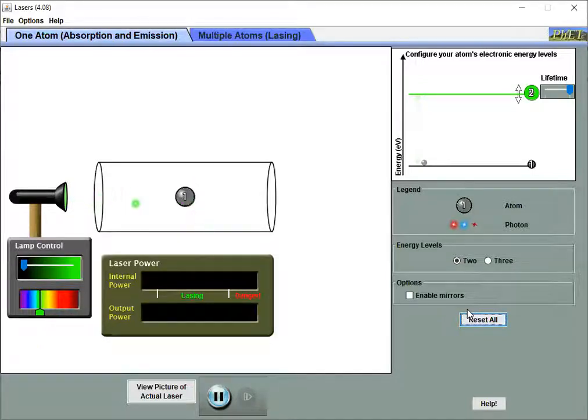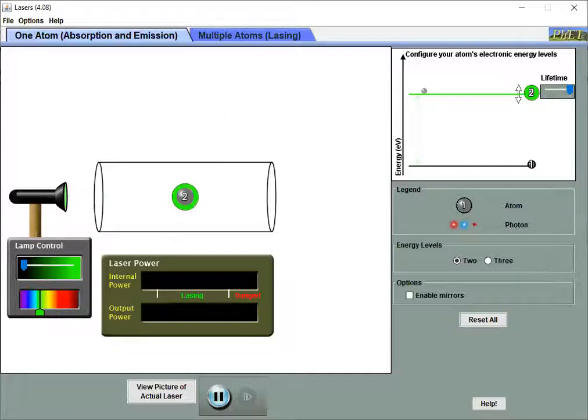And we also want to take a look at the timing that it happens. Now, right now, the time it takes for that emission to happen is pretty random. It's governed by a time constant we call a lifetime. So I'm going to change and make that lifetime shorter, and let's see what happens. Yeah, so the re-emission happens almost instantaneously. If the lifetime is longer, then it's going to stay in that excited state for a little while and then